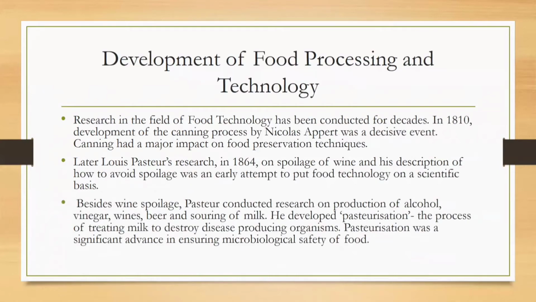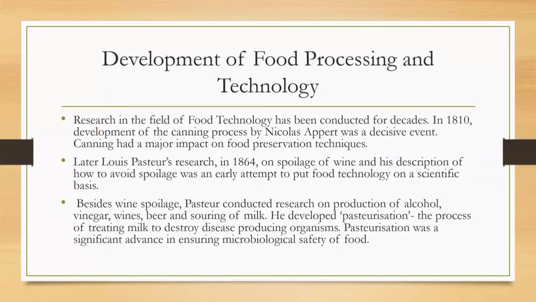Now, coming to the development of food processing and technology. Research in the field of food technology has been conducted for decades. In 1810, development of the canning process by Nicolas Appert was a decisive event. Canning had a major impact on food preservation techniques. You all might have studied the canning process during your course, and as we all know, it is one of the most effective food preservation techniques, which was developed by